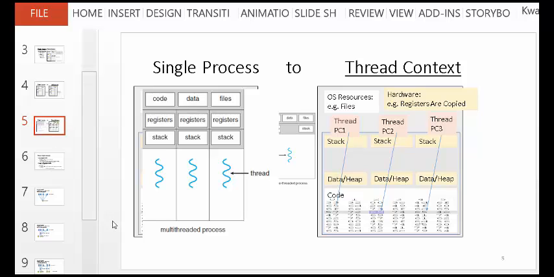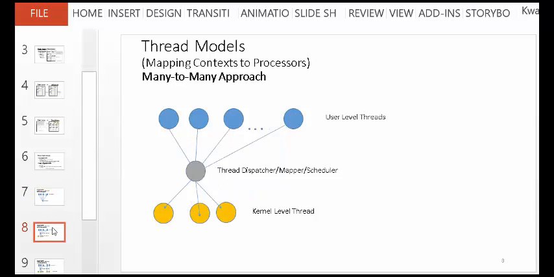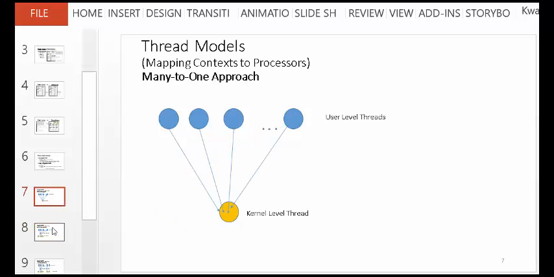Right. Now, so this is the first one, very simple, right? Where let's say one user will be assigned to one kernel, and then you'll be swapping along the way. But there's another one where you can say, let me have a mapper in the middle, so I'll have multiple kernel threads. So you realize this is a little bit more compared to sort of doing this, or even one-to-one. One-to-one is the simplest, where every time there's a user, or every time there's a process, you assign it to a kernel thread to run.